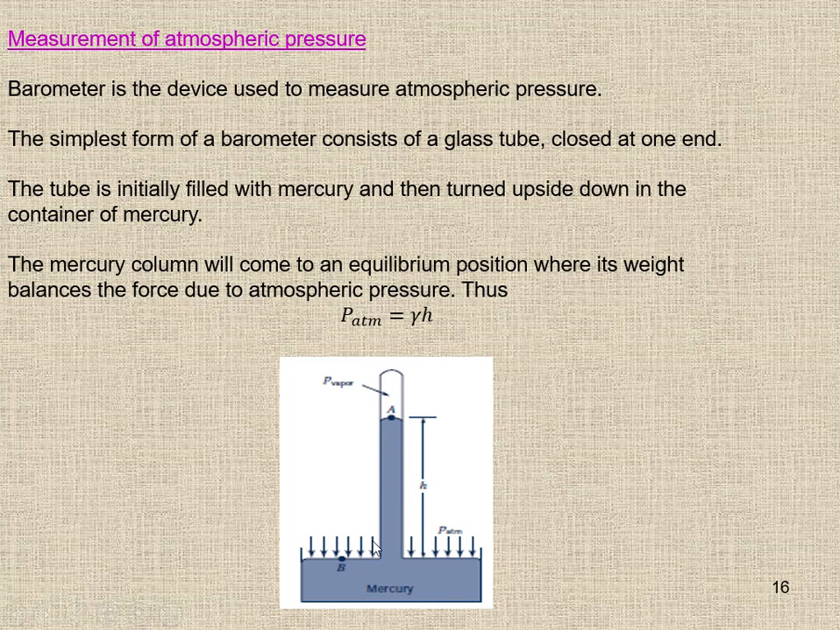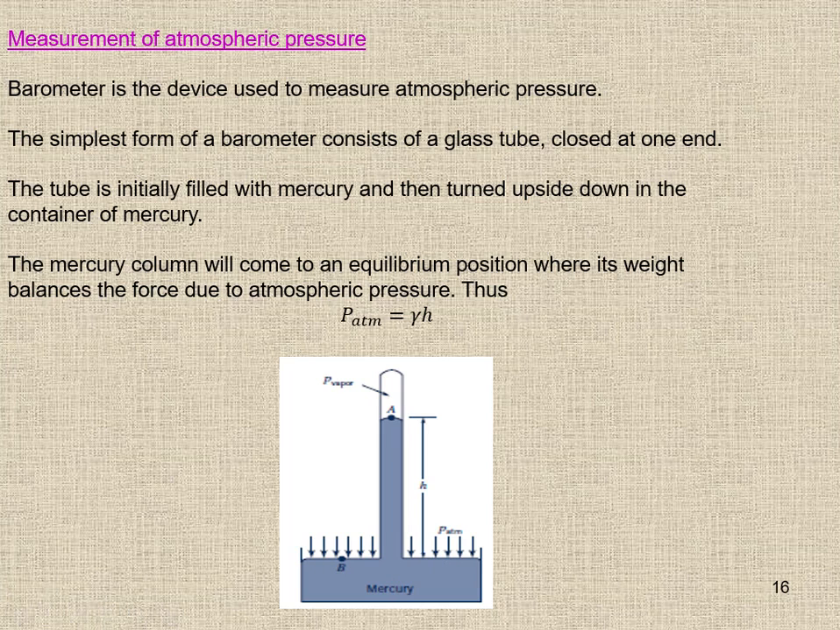The weight of the mercury is balanced with the atmospheric pressure. Thus P atmosphere is equal to the density of the mercury times the height of the column. So if we multiply them, we can calculate the atmospheric pressure. Here there is a question: is it possible to use water to measure the